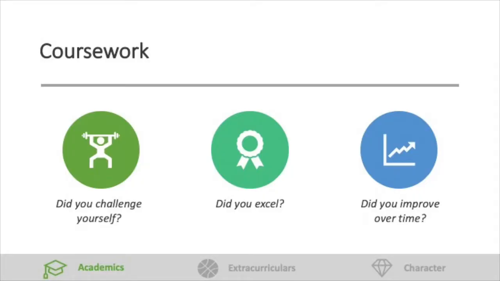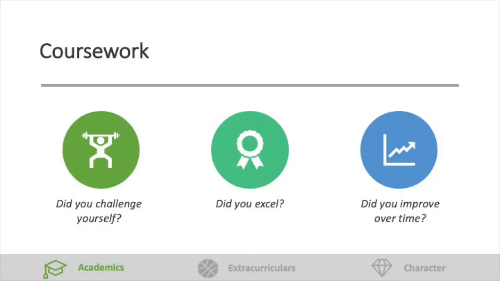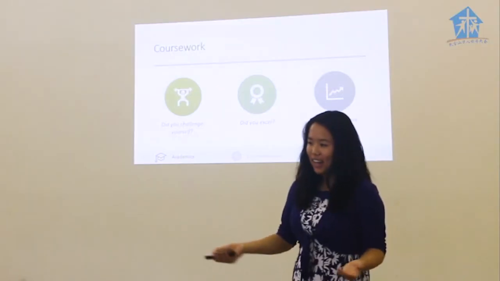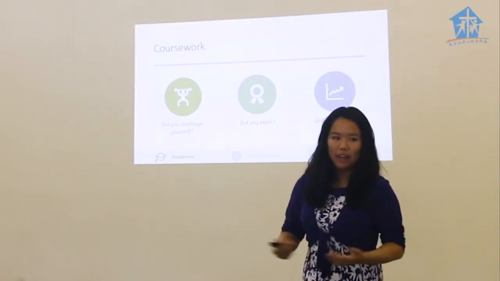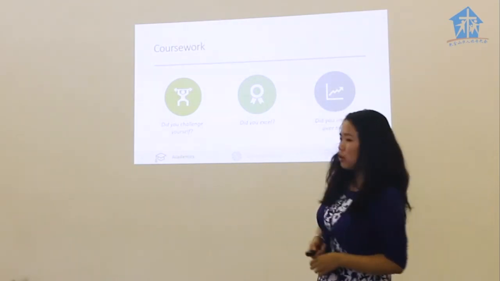Okay, now coursework. Here's a little bit more interesting because you have some choice of what you want to take. Three questions that college applications might look for in your coursework. First, did you challenge yourself? Did you take advantage of the opportunities that your school has? I'm sure you guys go to really great schools, so I'm sure you have a lot of opportunities to take good classes. So did you try to make an effort to push yourself there? Second thing, did you excel? Yeah, that could mean did you get A's, but did you apply yourself in your school and did you work hard? And third, did you improve over your time?